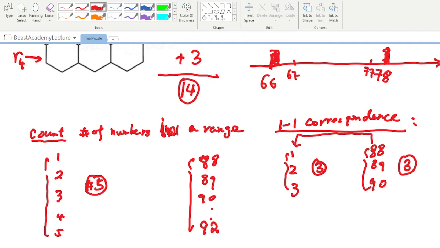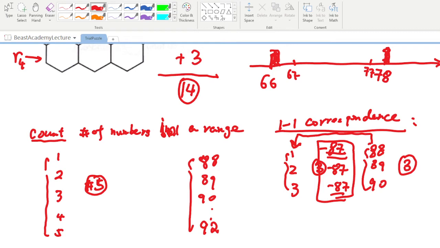So you can see what we can do is find a way to map 88 to 1. How can we convert 88 to 1? Subtract 87, right? How can we convert 89 to 2? Subtract 87. How can I convert 90 to 3? Subtract 87. So by subtracting 87, we convert the counting problem of 88, 89, 90,